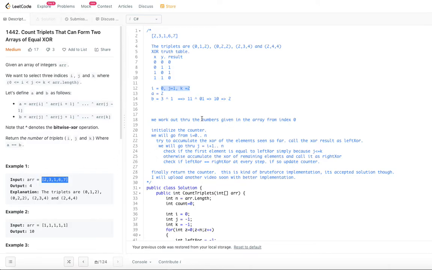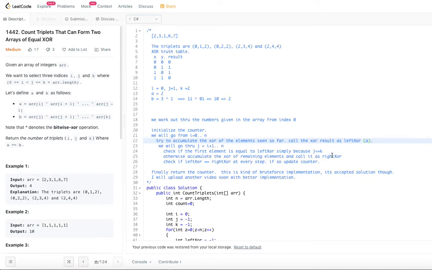So we will initialize a counter called I and go from 0 to n. While we go through 0 to n, we will try to accumulate the XOR of the elements seen so far. What I am calling left XOR is nothing but A.